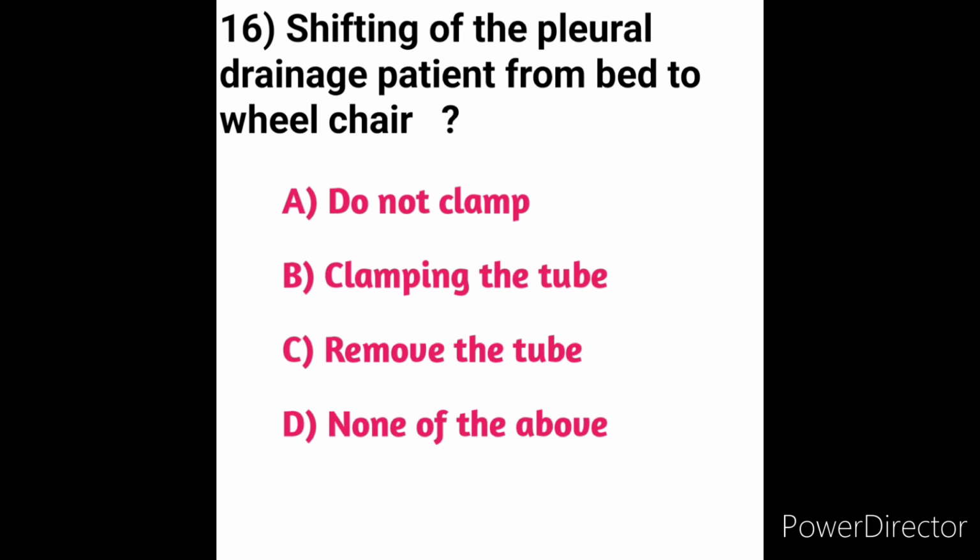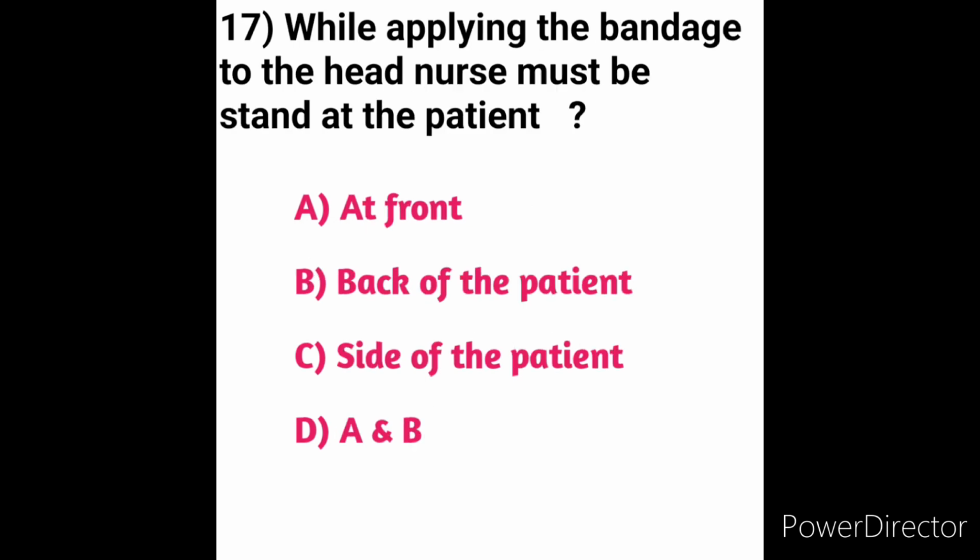Through clamping of the tube, we can avoid pneumothorax also. So when shifting a pleural drainage patient from bed to wheelchair, the nurse should clamp the tube. Option B is the correct answer. Next we will move on to question number 17. While applying a bandage to the head, the nurse must stand at the patient's